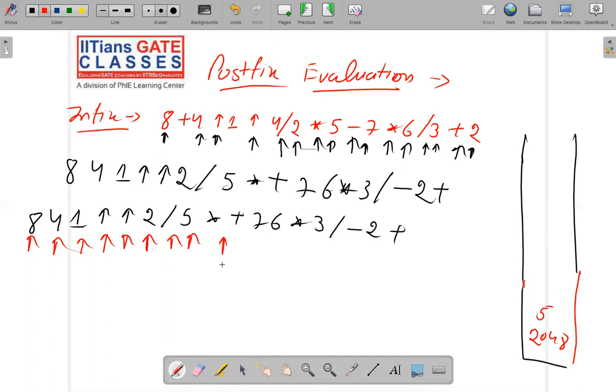Now star comes up. Once the star comes up, it takes the topmost 2 elements and does the star operation. 2048 multiplied by 5 equal to 10240. So it is 10240. Right. Then 7, then it will do